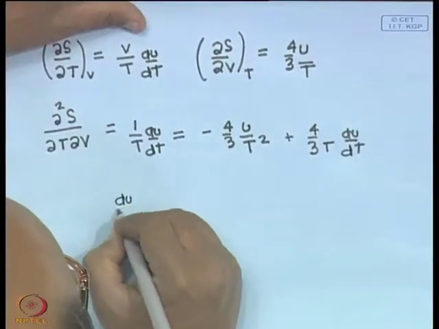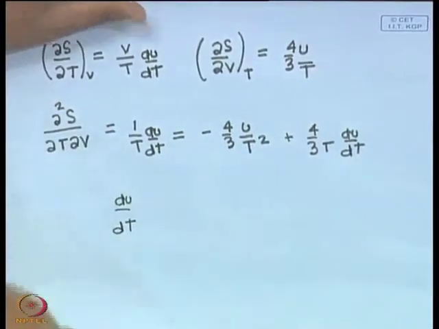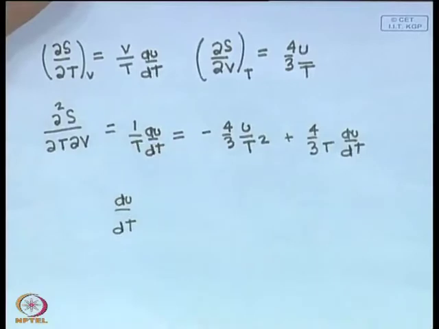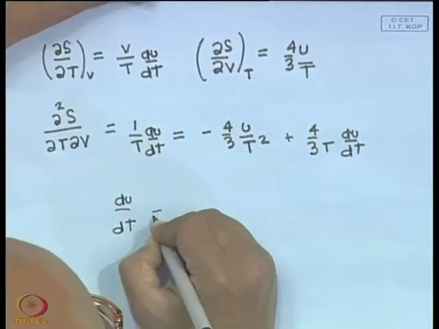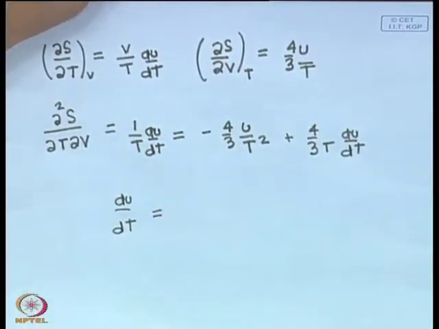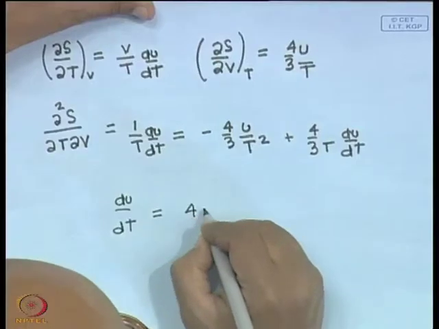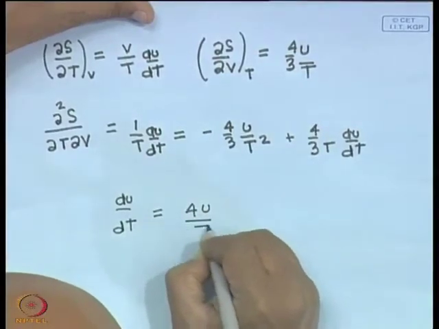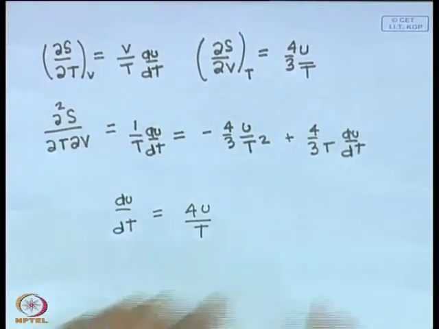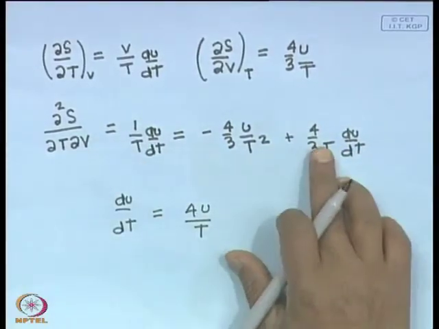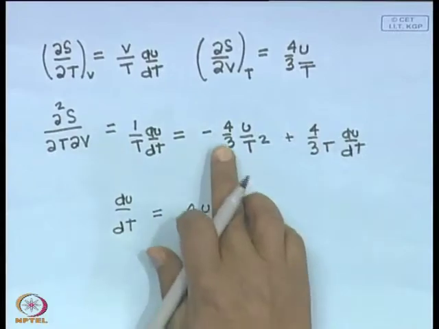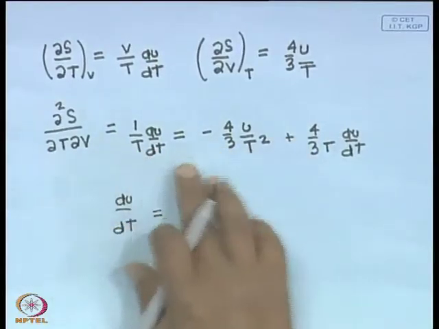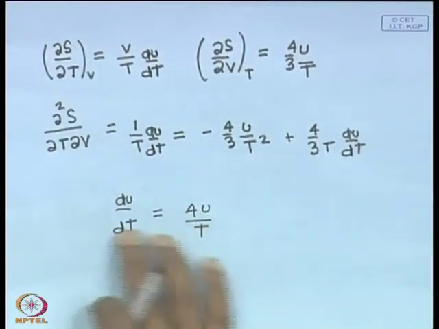du dt is equal to 4 times u by t, right. We have just taken this onto the left hand side. So, 1/3 just remains, and here I have 4/3, both pick up minus sign. So, the 3 cancels out. What we are left with is this,